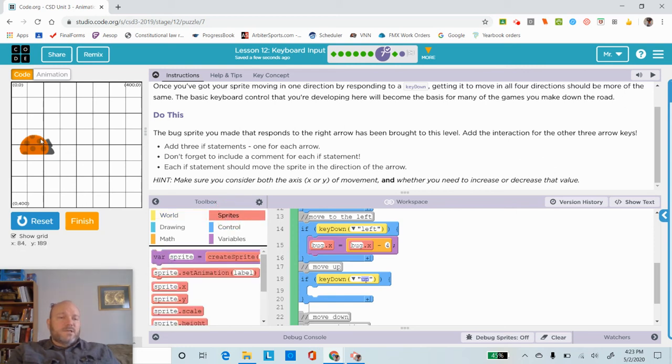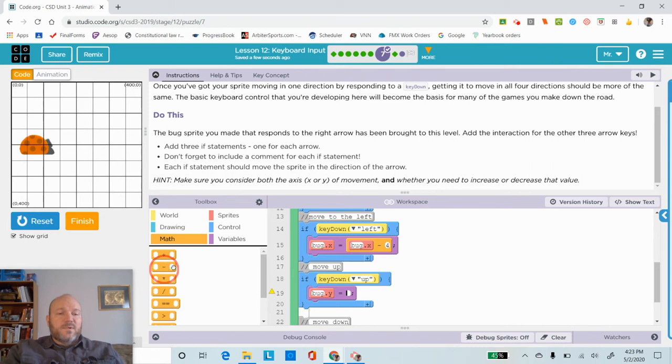Now we need to change the sprite's what? It's Y. X moves left to right, Y goes up and down. So if bug.y, and in order to get the Y to go up, we need to actually subtract the number, right? Because Y0 is up at the top, Y400 is down at the bottom. So if we want it to go upwards, we need to make its Y get smaller and smaller and smaller. So we're going to have if bug.y is equal to bug.y